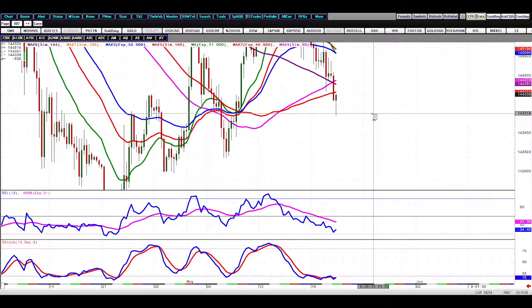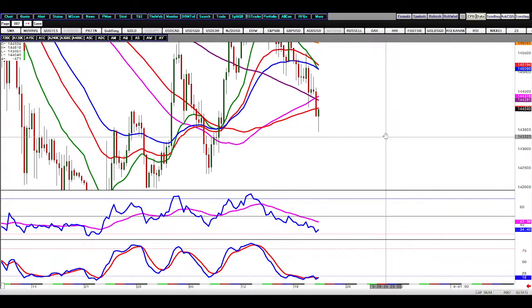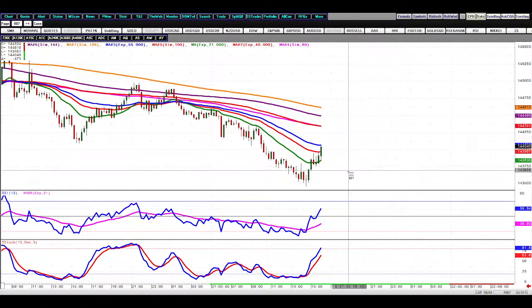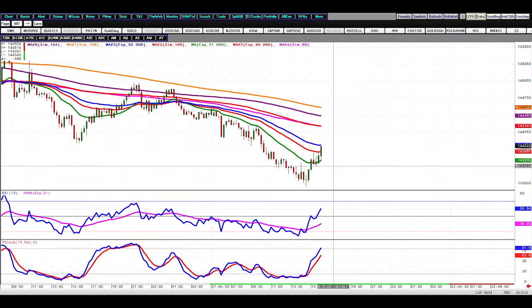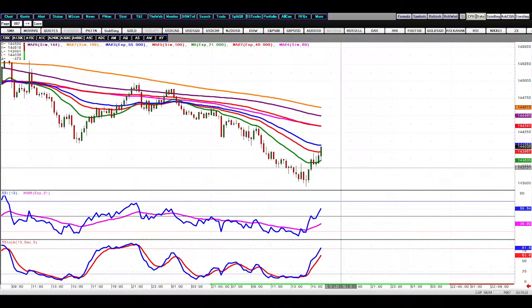Okay, let me see where my entries are. So I have two entries. One is 43.85. Another entry is at 43.60. So let's discuss the first entry, the 43.60. My stop is 43.20. Right now the market is pushing higher, which is expected, and the TP I've given is